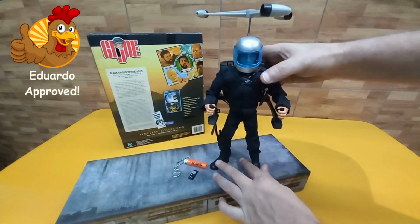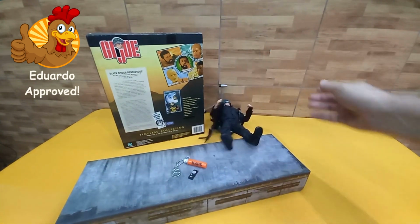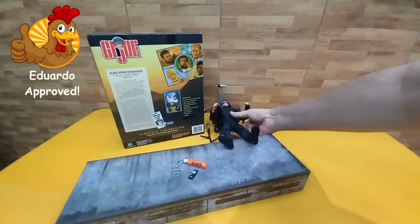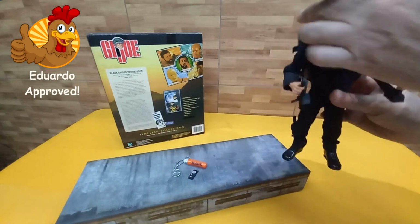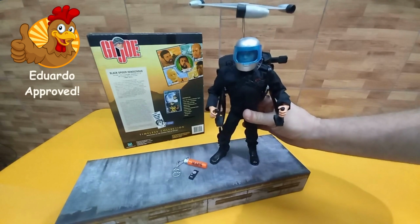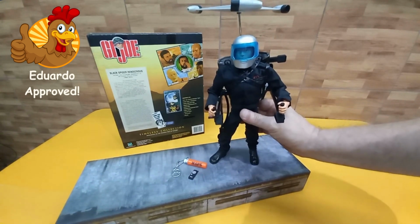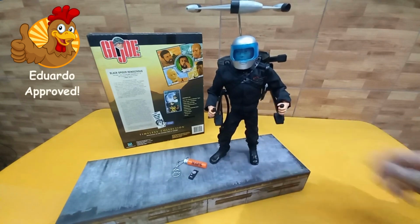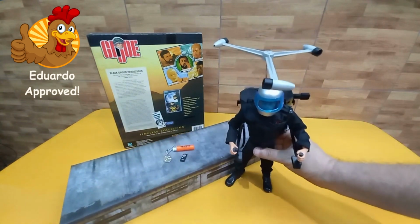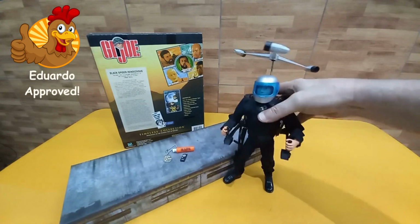We'll see. But for right now, it's my first Joe after many, many decades without one. Yeah, he's definitely going to need some work on those hips and or a stand. But for what he is, I'm happy. It looks cool, and definitely reminiscent of the backpack copter that I remember as a kid. So it's a good start to a new collection. Yeah, those hips are bugging me, but